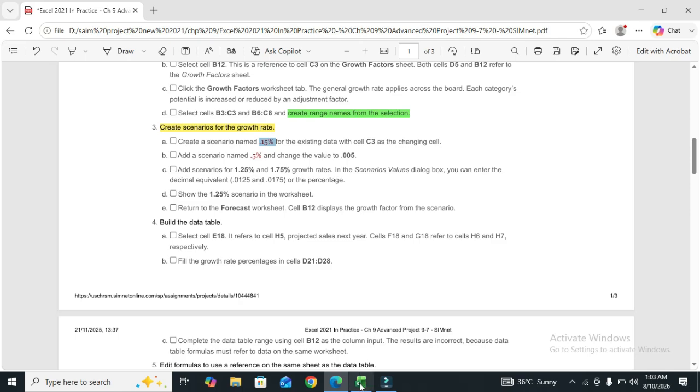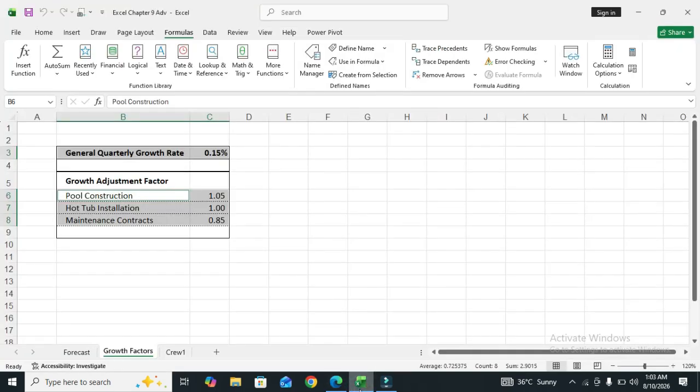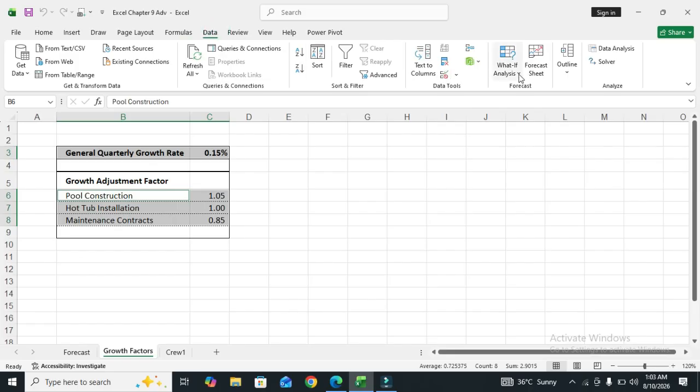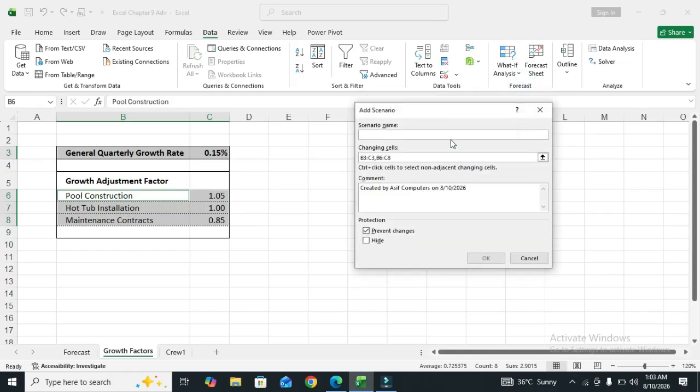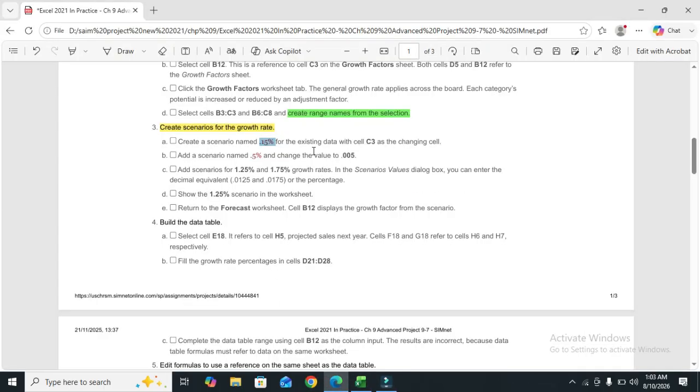We move to the file, go to the Data tab, go to What-If Analysis, Scenario Manager, and click Add, and paste the scenario name and 15, for the existing data with cell C3 as the changing cell.